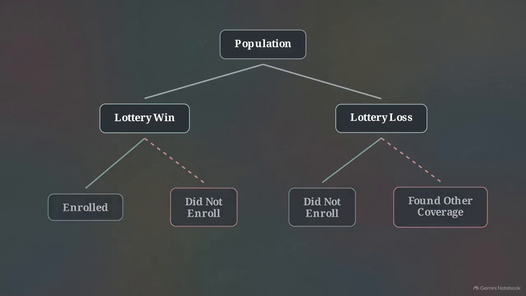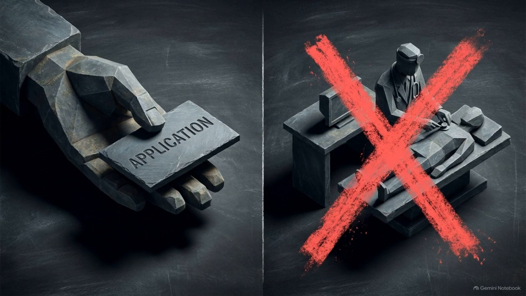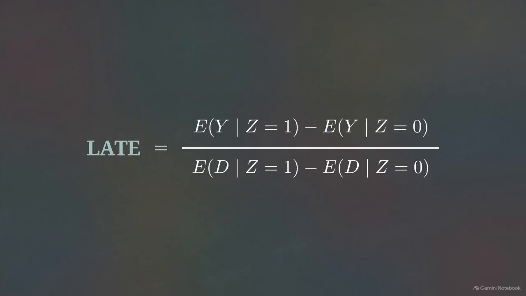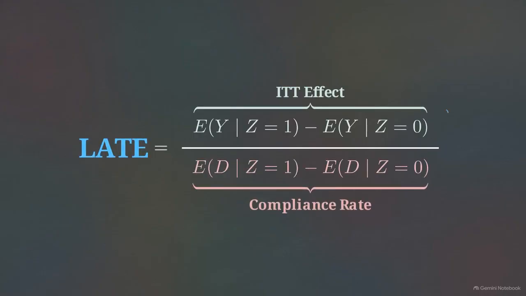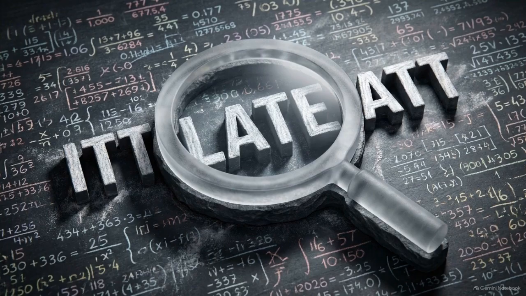If we compare people based strictly on whether they won the lottery, we get the intention to treat, or ITT, effect. This preserves the perfect randomized contrast, but it measures the effect of being offered insurance, not the biological effect of receiving medical care. To find the effect of actual coverage, we use the lottery as an instrumental variable. The Wald estimator divides the numerator's ITT effect by the denominator's compliance rate, isolating the local average treatment effect for those whose enrollment behavior changed. Because human reality defies perfect protocols, applied researchers cannot simply report an average effect. They must rigorously specify which divergent causal contrast they are actually estimating.